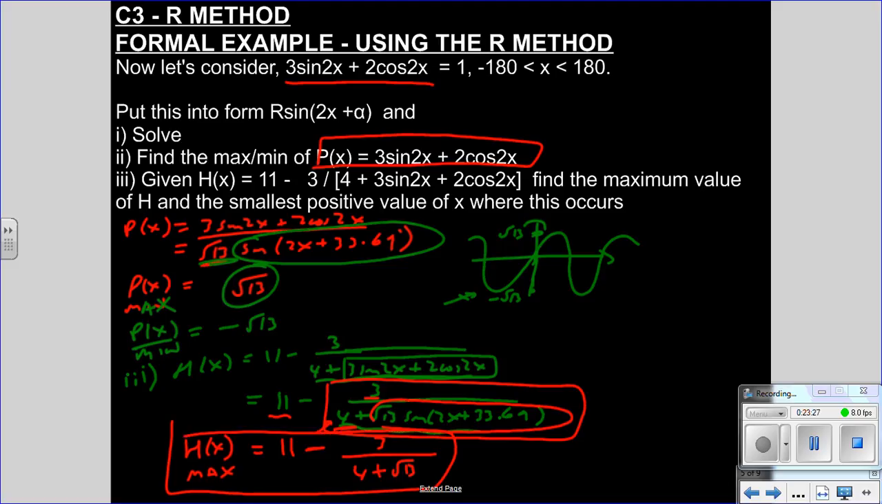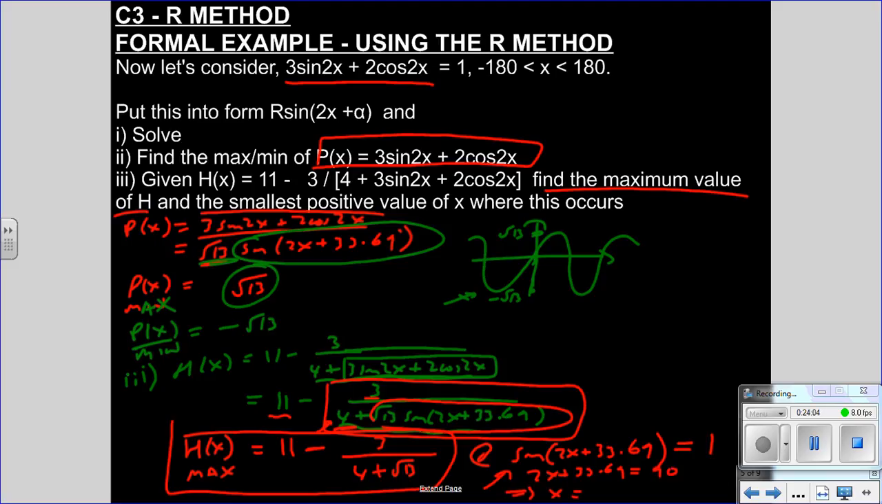Make sure you understand that logic. And it also says find the maximum value of h, which you've done, and the smallest positive value at which this occurs. This occurs when the sine part equals 1, when the sine is at its maximum point, right? So now you're just literally finding the first positive x value where this is the case. So 2x plus 33.69 is sine to the minus 1 of 1, which is 90 degrees, and therefore x must equal the smallest value, 90 minus 33.69 divided by 2,